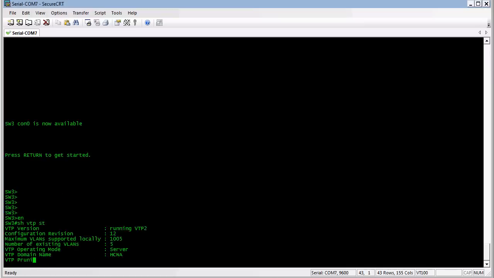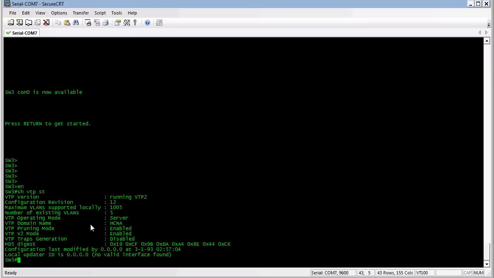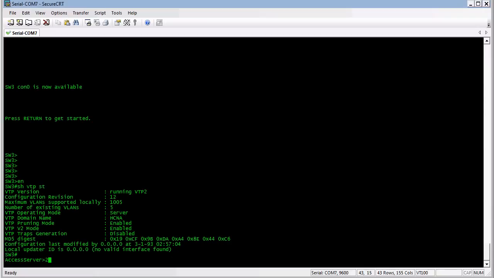So we're going to run show VTP status. And again, with my comment, it's just too compact. It's not as appealing to me. Anyway, look at our configuration revision number. It's 12. Our domain names match. Pruning is enabled. It's in server mode. Remember, that's the legacy mode from version 2. So let's go ahead and see what happens